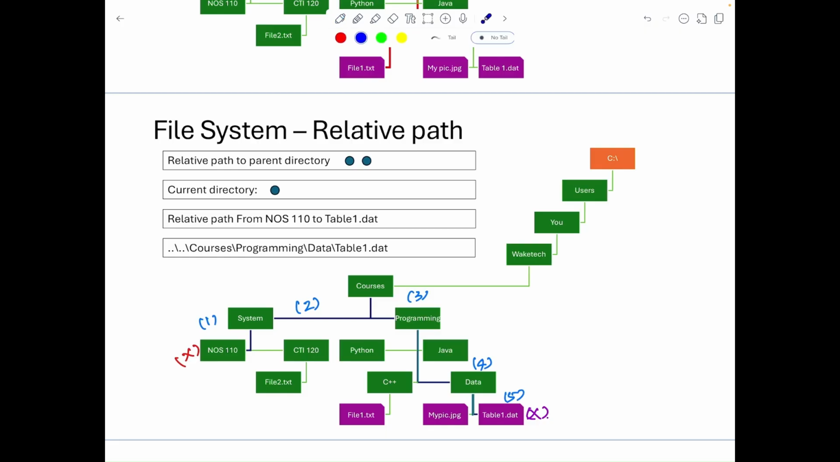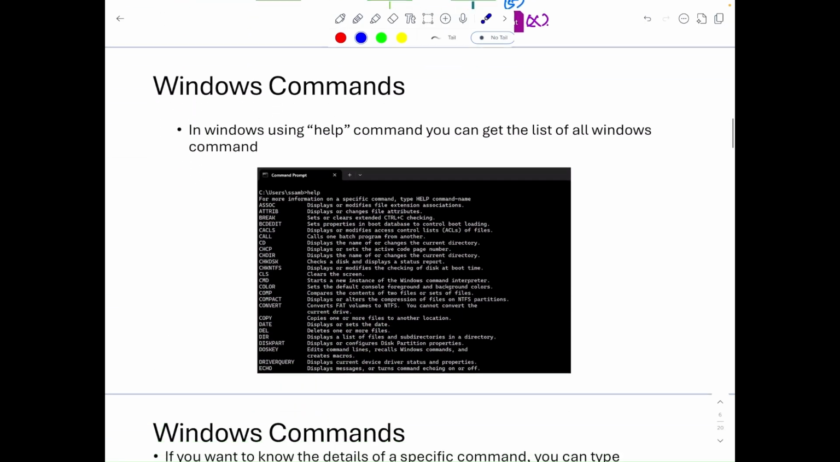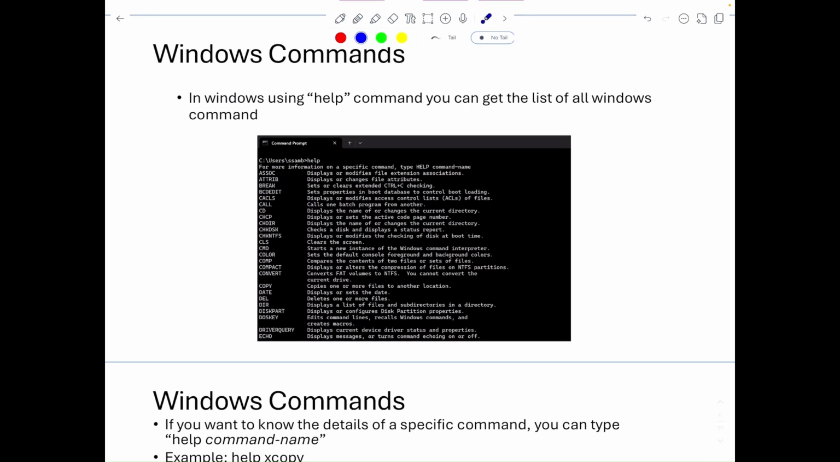So we reach first this dot dot as step number one. We go to system here, and then